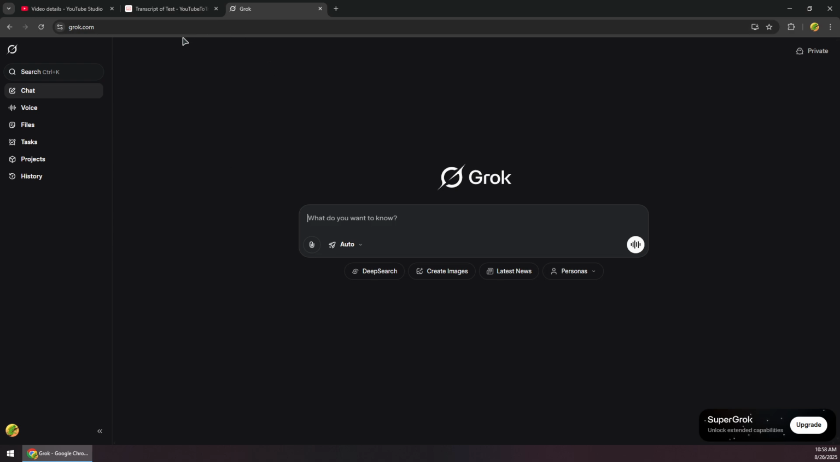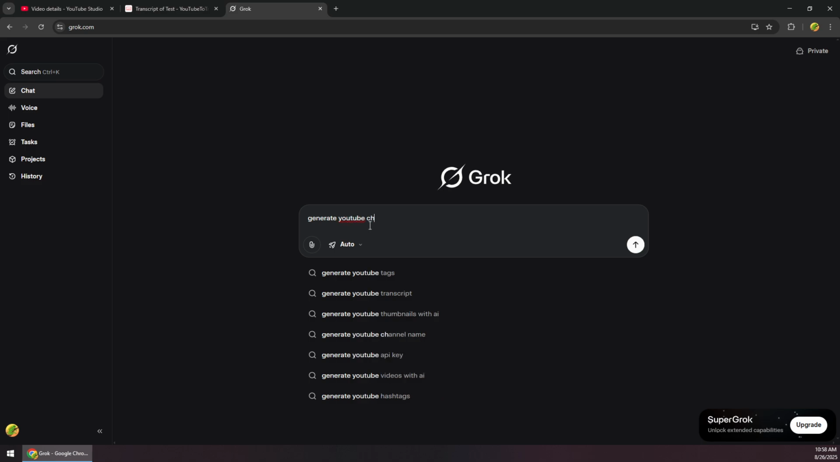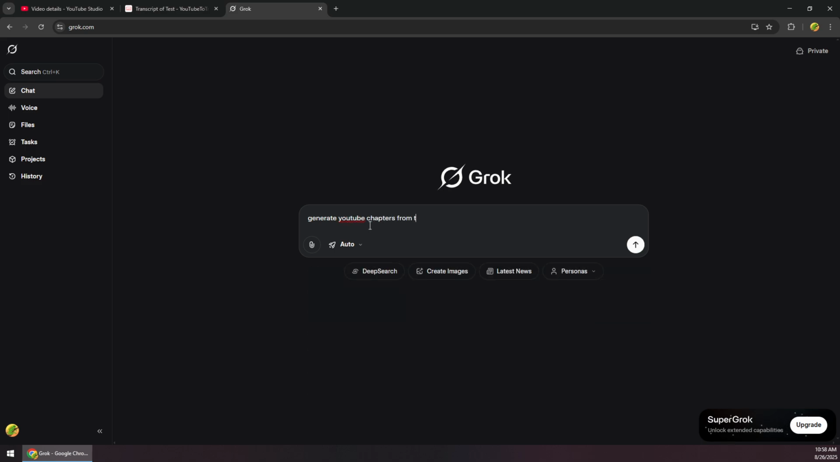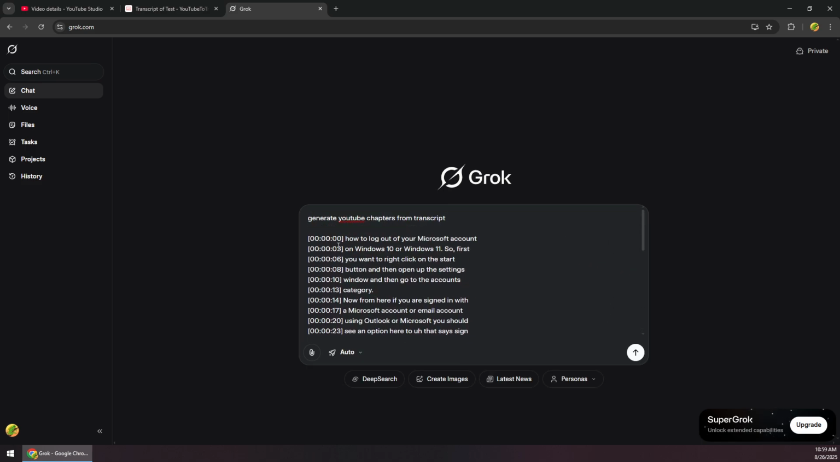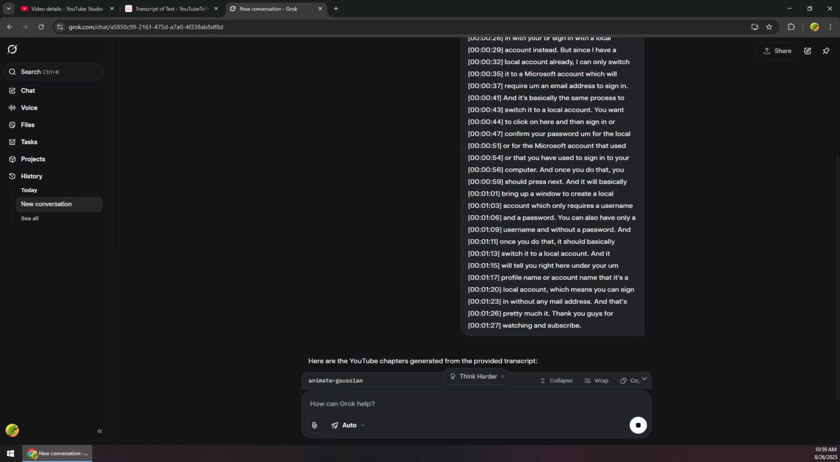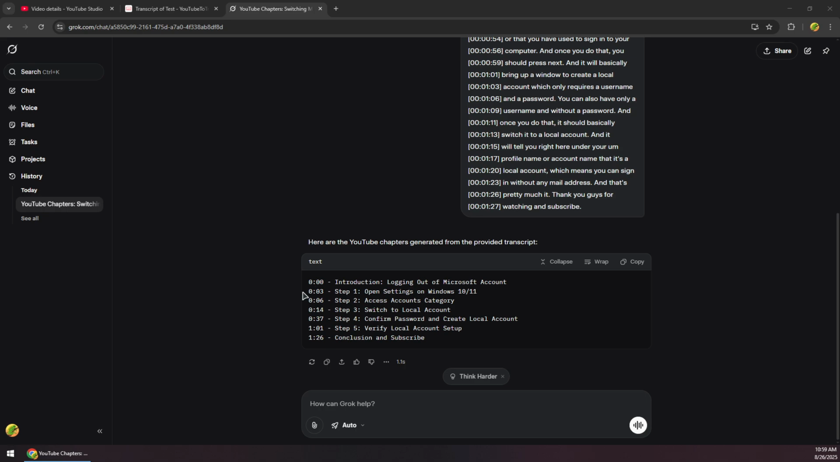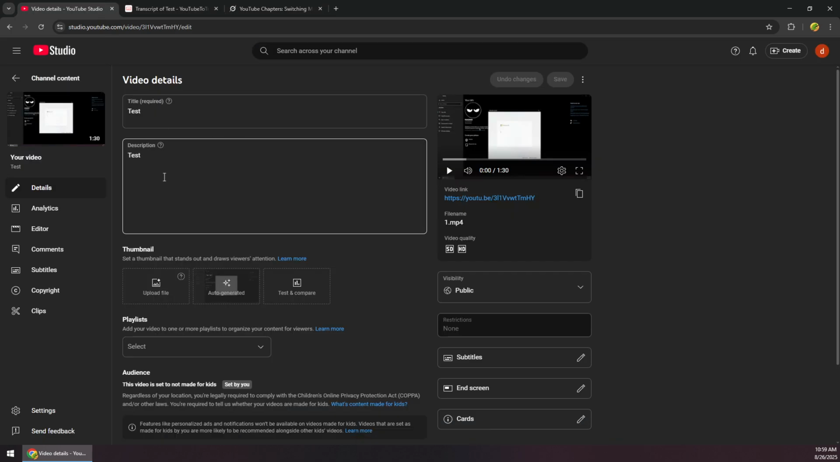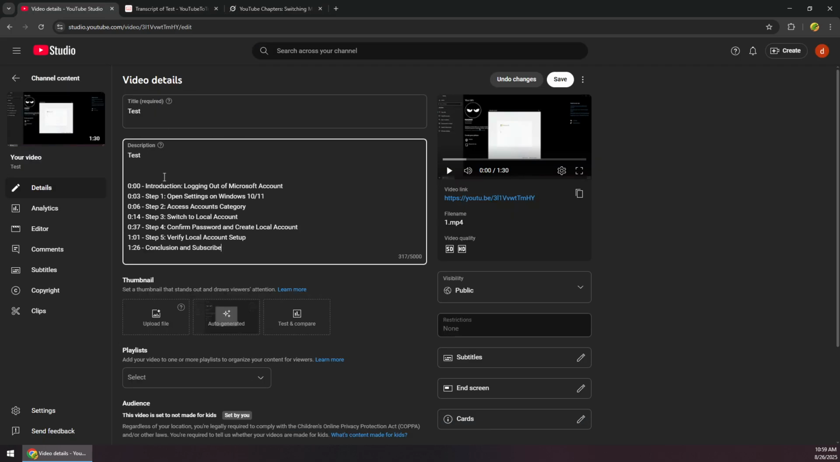Then you want to go to an AI such as Grok, and then basically write this prompt: generate YouTube chapters from transcript, and then basically paste the transcript generated from the other website and send this to Grok, and it will basically generate these chapters, which you can copy and go back to your video and simply paste it right